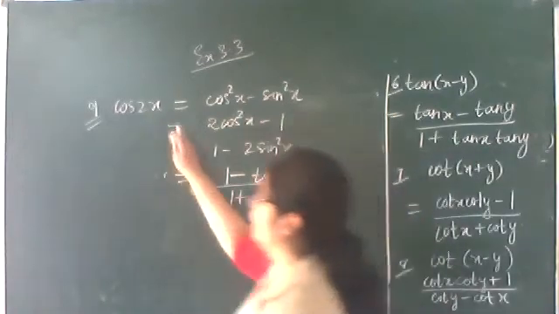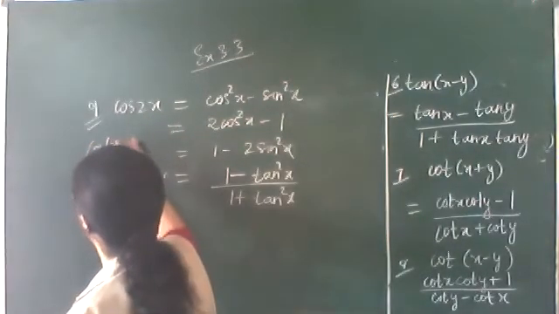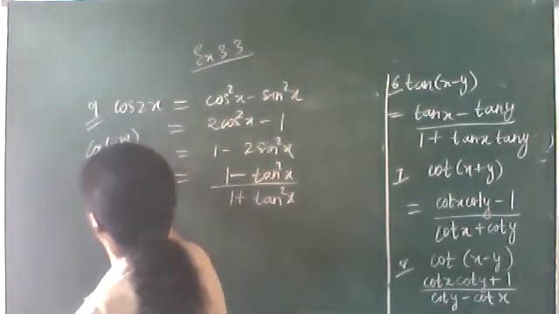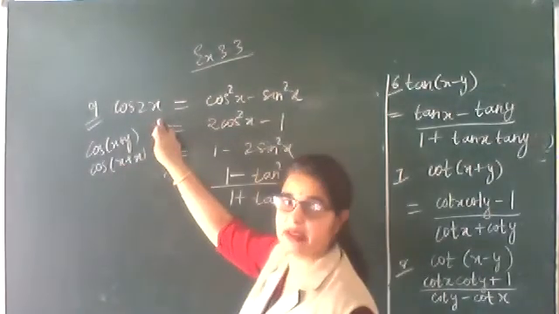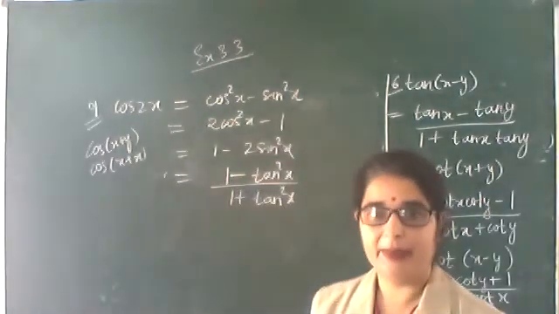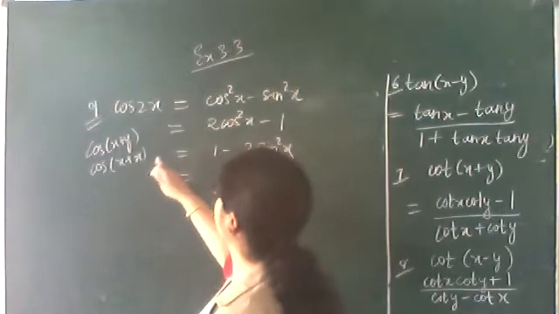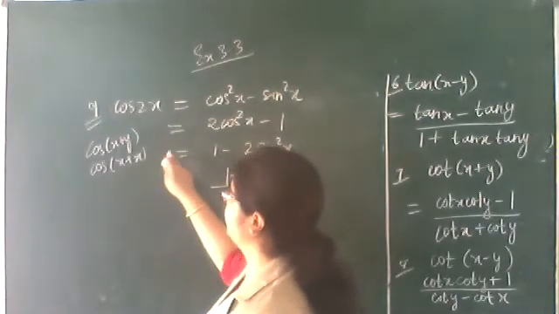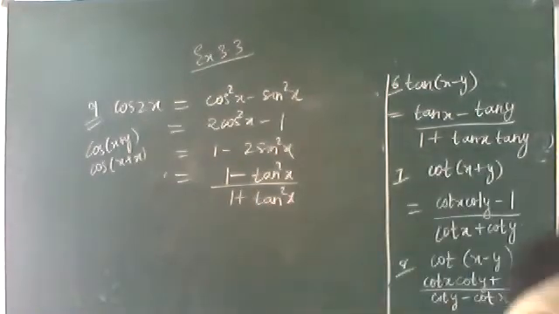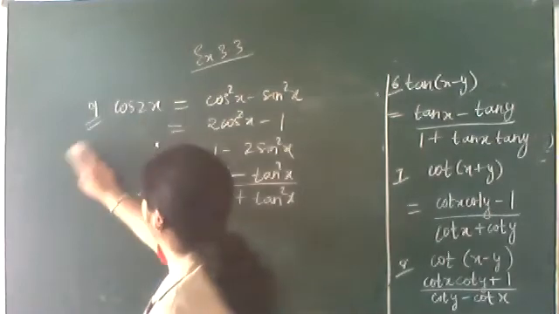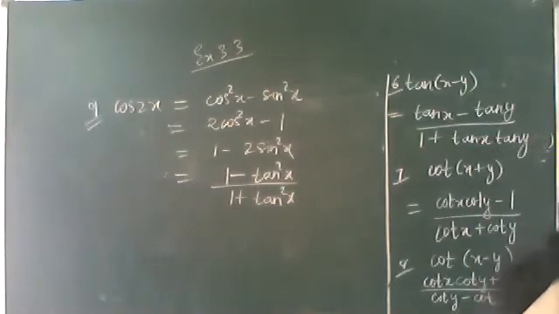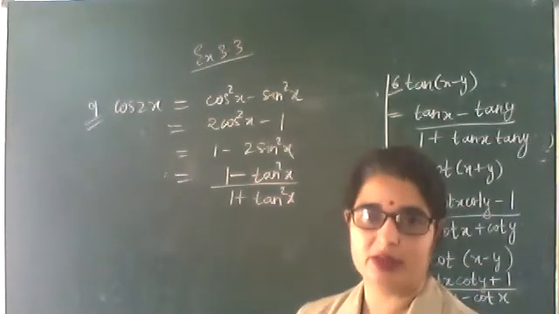And how did you get this formula? You can use cos of x plus y. Now here x plus y will be what? Cos of x plus x. If you write cos of x plus x, it means cos of 2x. Now what is the formula? Cos a cos b minus sin a sin b. You will get it this way only. Cos x cos x minus sin x sin x. So cos square x minus sin square x. Clear? So the proofs will never come, but still you should know. We know the formula of cos x plus y. So cos 2x can be written in the form of cos x plus y, how? Cos x plus x.